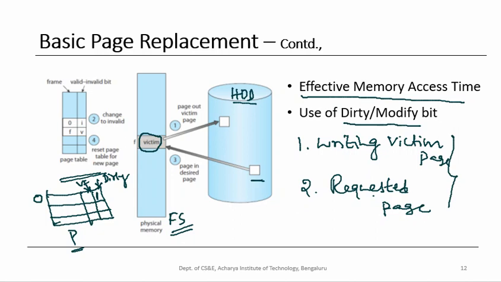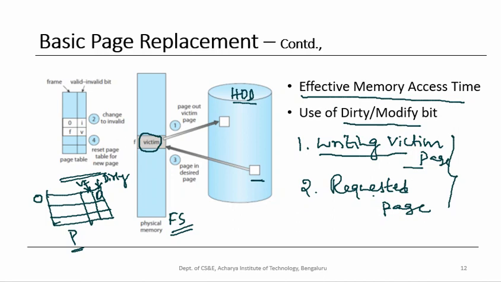So if the page has been altered after this is brought into the main memory from the hard disk, then you will not have any other option but to write this page back to the hard disk if this page is selected as a victim page, right? If the page is not altered after it is brought into the main memory from the hard disk, then this dirty bit would remain as 0. Initially it will be 0, it would remain as 0, which means that the page has not been altered after it has come into the main memory from the hard disk.